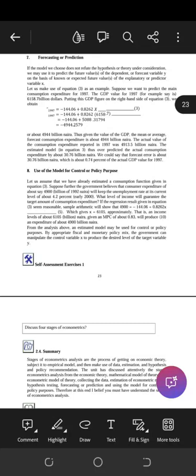So the government is looking at it: if we make their income increase to this particular amount, is this sufficient to push the economy away from recession? But they cannot do that except they first do estimation based on data that is available. So the estimation has given us results, and we want to do prediction or forecasting.